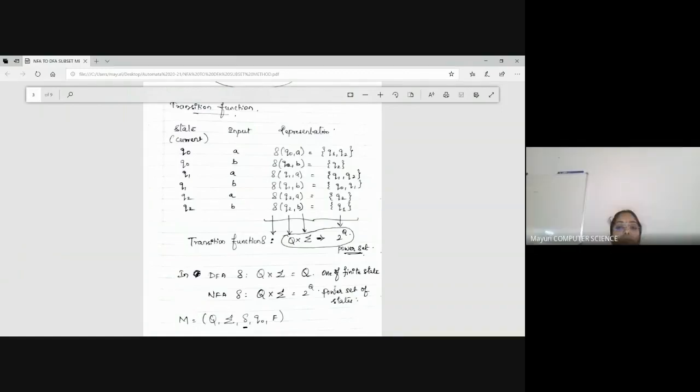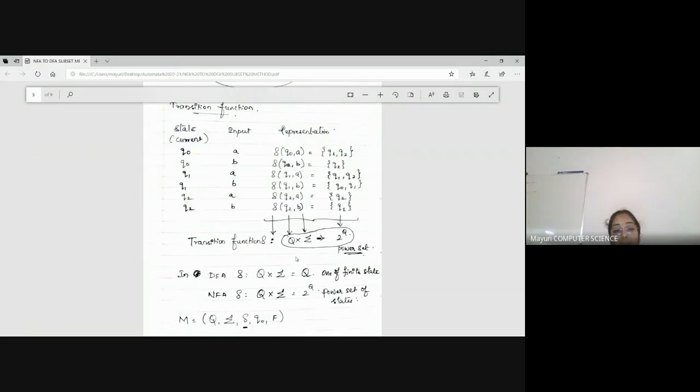Yes, ma'am. Fine. So what is the difference between DFA and NDFA? In DFA, for the possible states, if I provide the input, it goes to one of the states only. I will not get a set of states because I'm not going to two different states on a particular input symbol. I will be going to one finite state. But in NFA, when I apply my input symbol, I may go to two different states, meaning a set of all possible states. So this is the maximum difference between your DFA and NDFA.